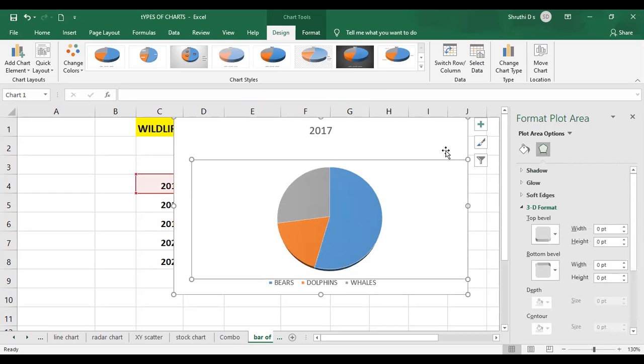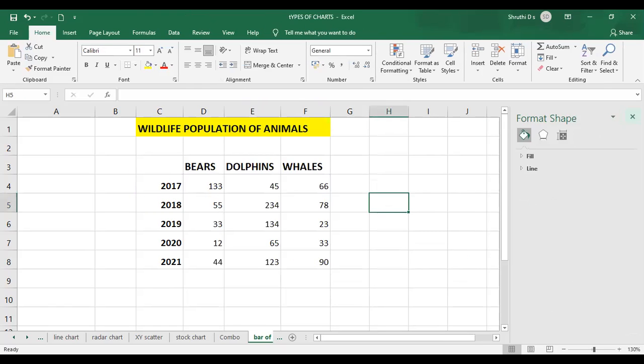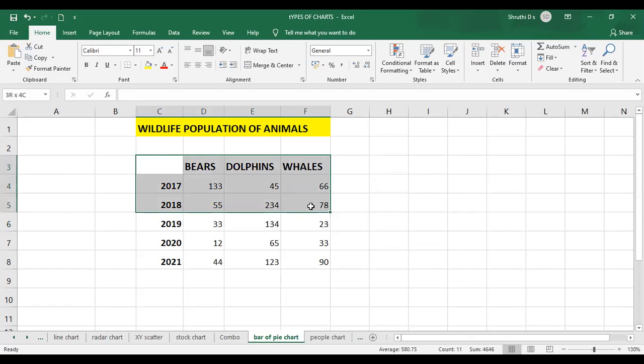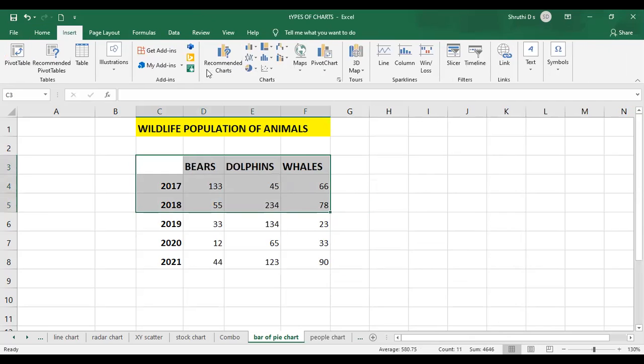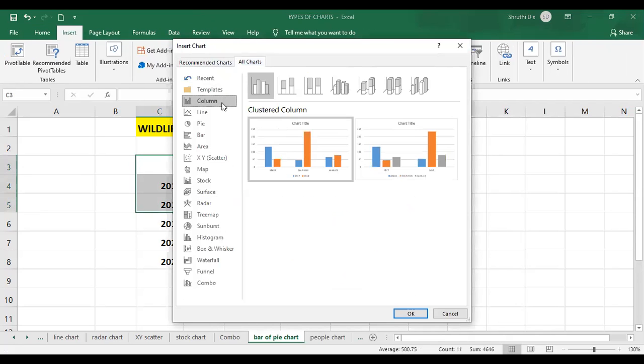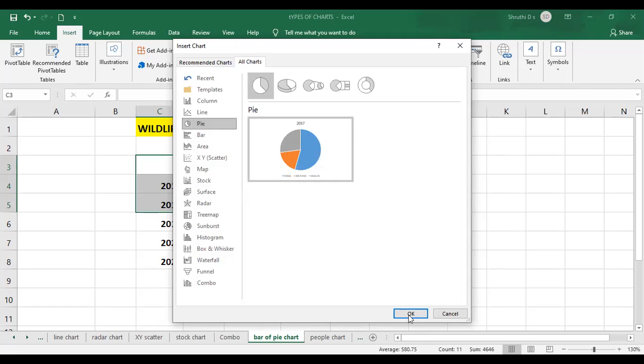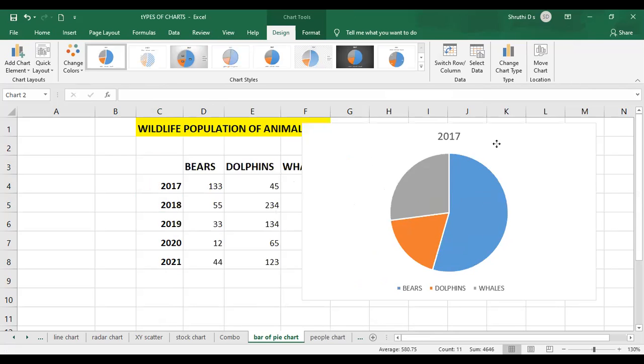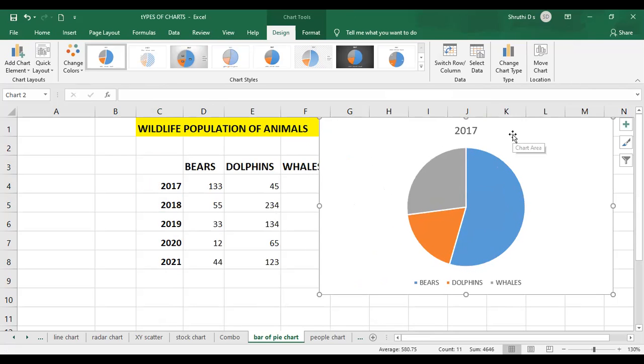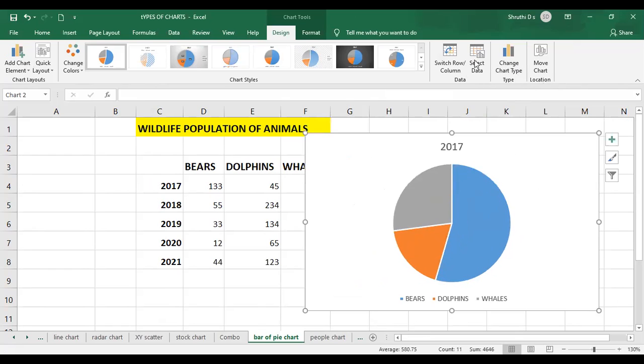Also, I'll try to remove this. Let me apply this for two rows. If I do it for two rows, click on OK. What you are seeing here is just for 2017, but I also selected 2018, right? So now select this chart and select the Select Data option.